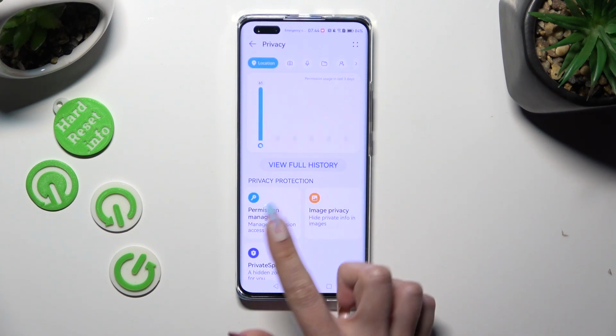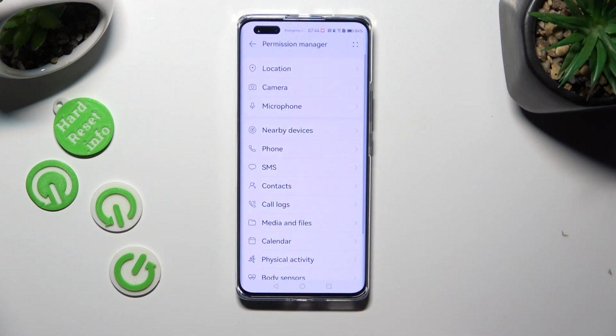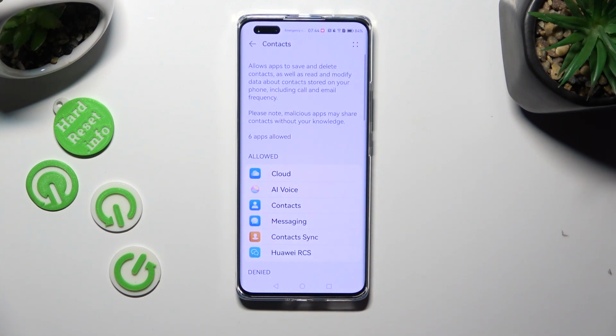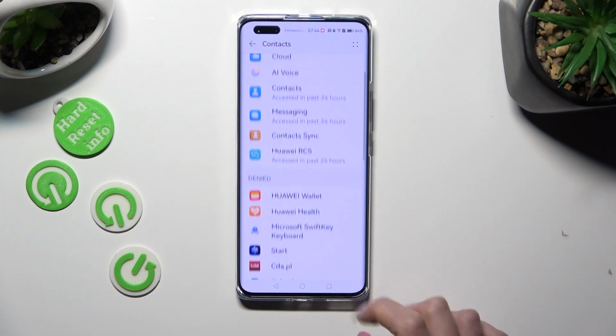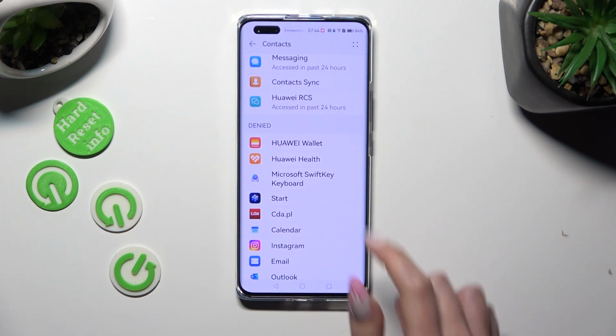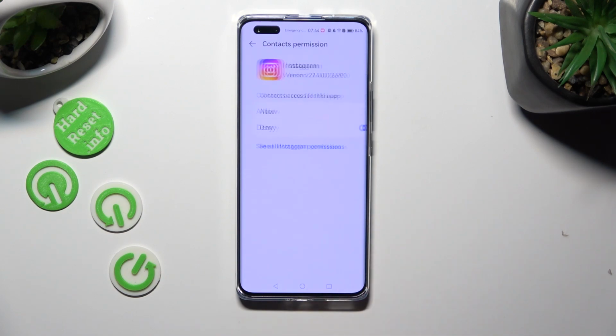Now tap on Permission Manager and tap on one of your device's features that you wish to manage, like contacts. Now click on one of your apps from one of those options, allowed or denied. I will go with Instagram from denied, and apply the best option for you by simply clicking on it, allow